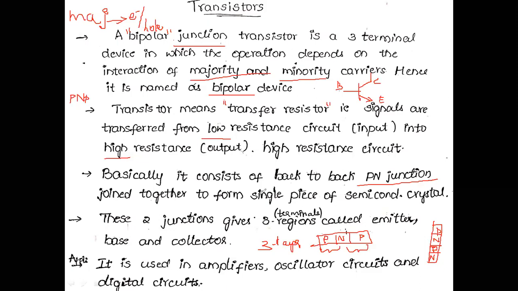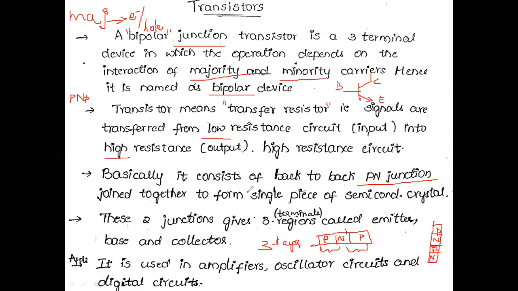and the application of these transistors, there are several applications. For time being we have given only one or two here, for minimizing the complication of the transistor topic. Let it be some amplifiers, oscillators and digital circuits. It is going to be used in amplifiers. Basic main applications are amplifiers. With respect to amplifiers, oscillators and digital circuits, like that we are going to use. In analog circuits also we are going to use this transistor.